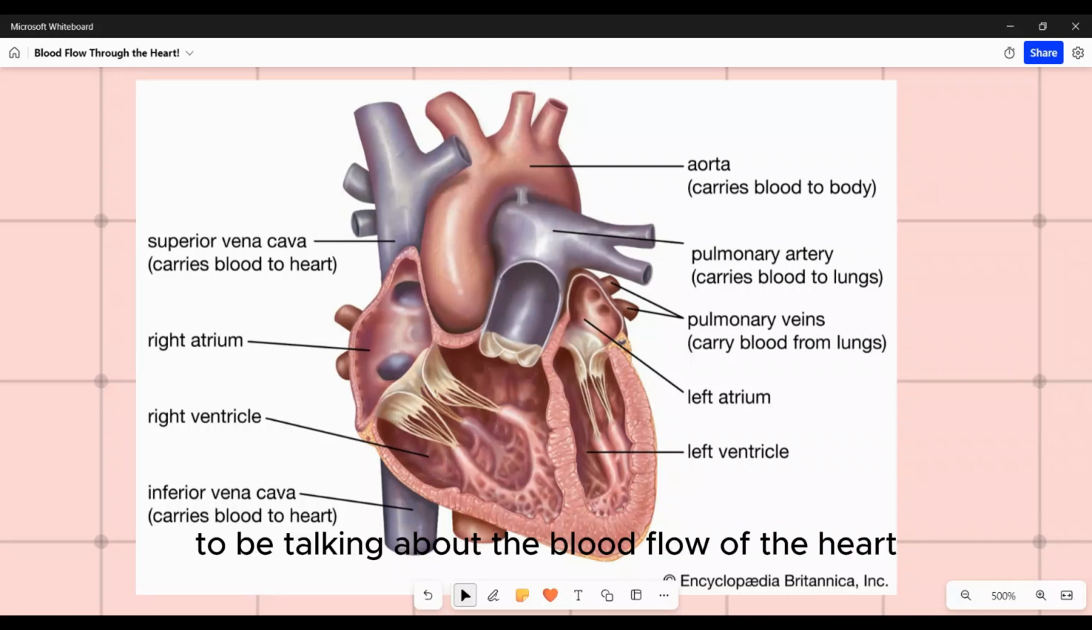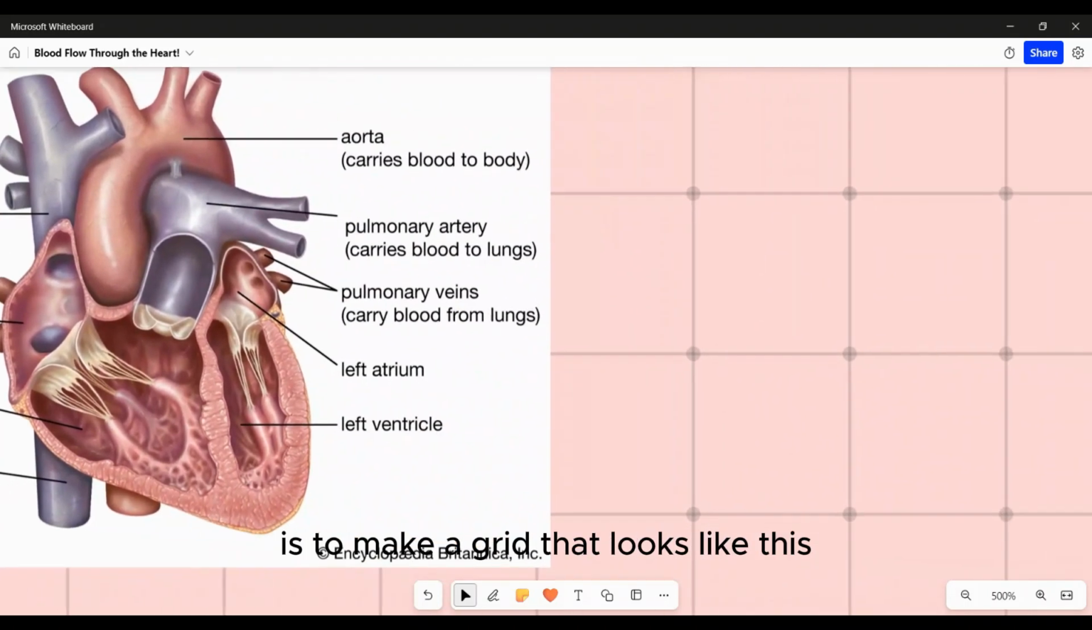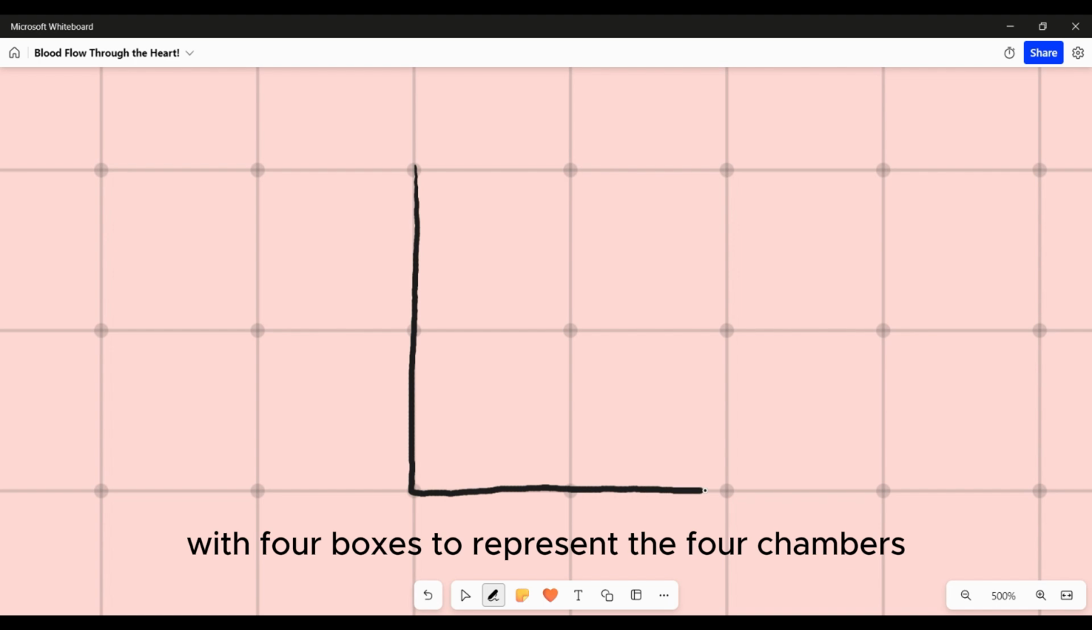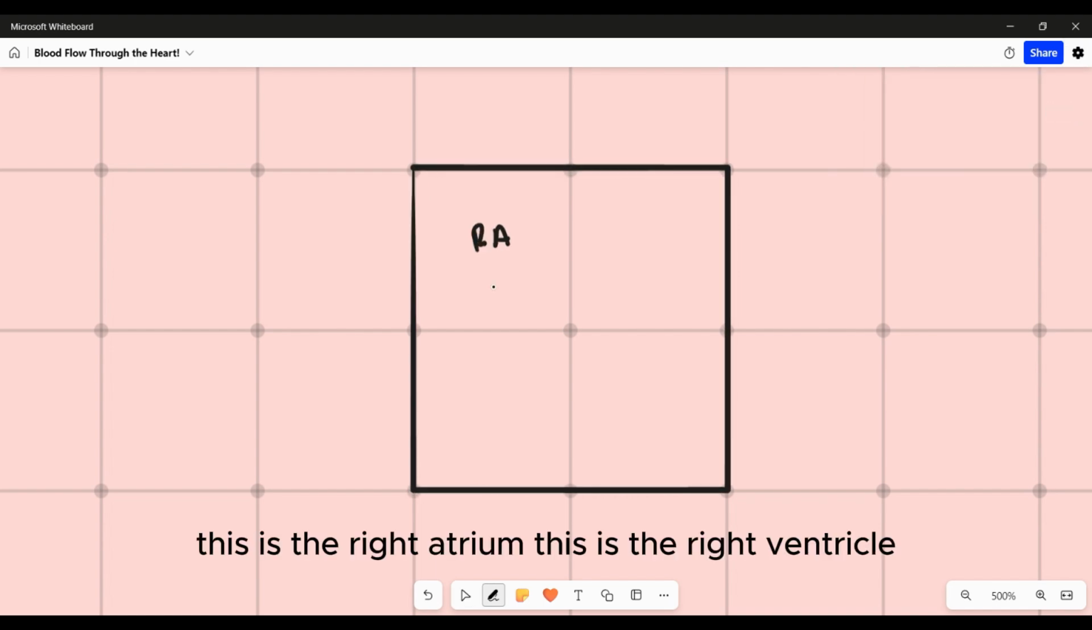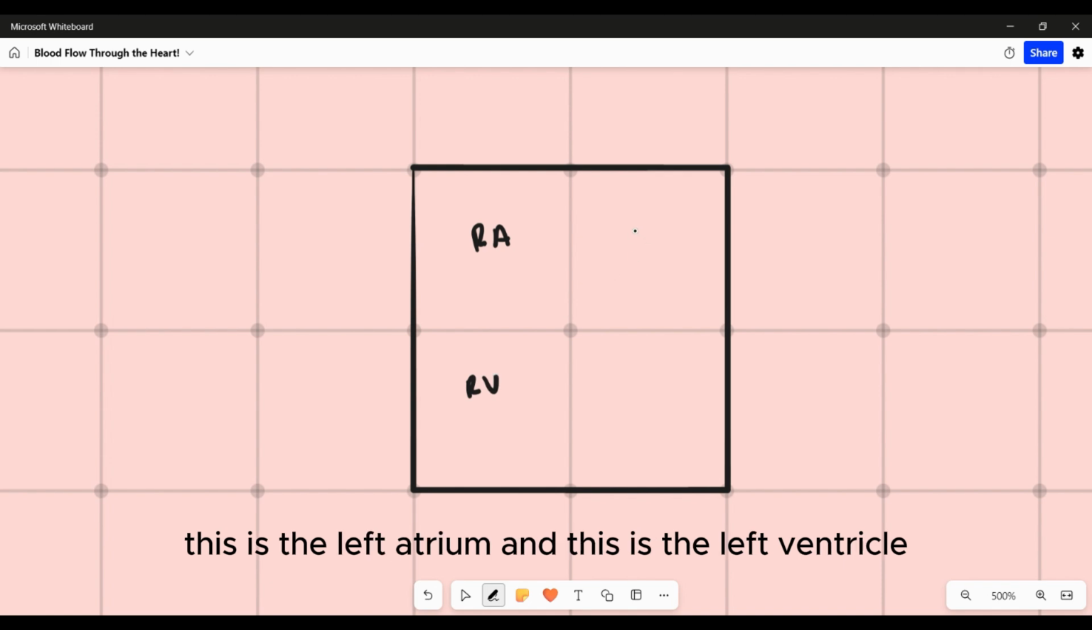Hi, today we're going to be talking about the blood flow of the heart. This can be kind of complicated, but one of the easier ways to visualize it is to make a grid that looks like this, with 4 boxes to represent the 4 chambers. This is the right atrium, this is the right ventricle, this is the left atrium, and this is the left